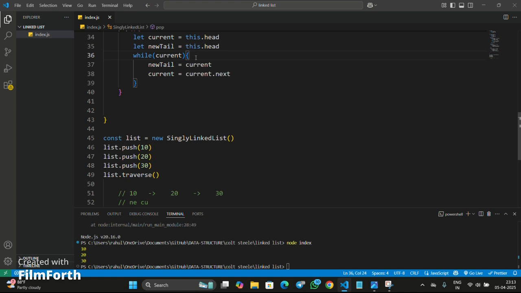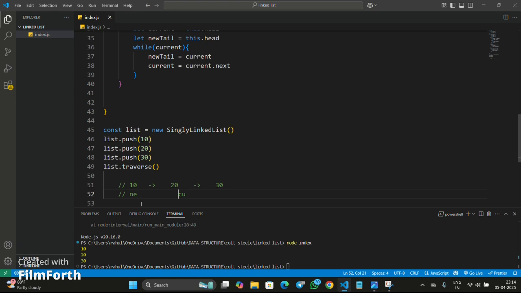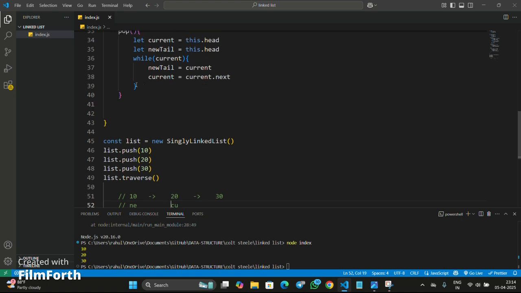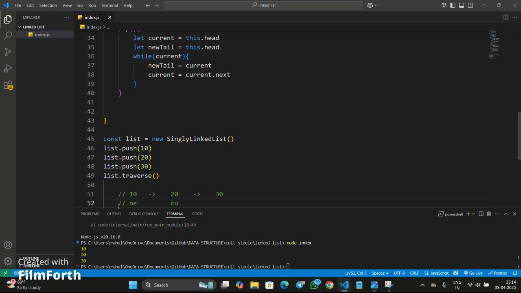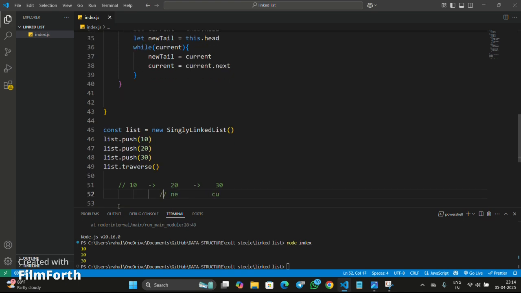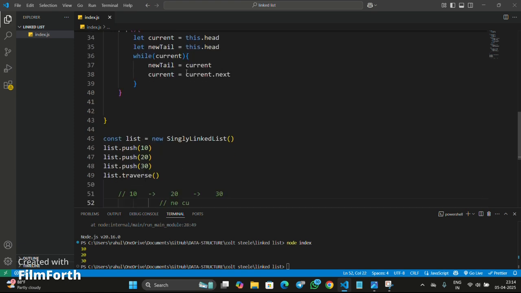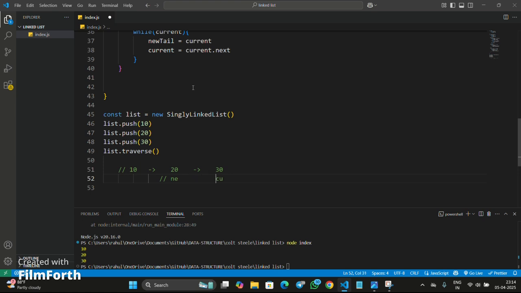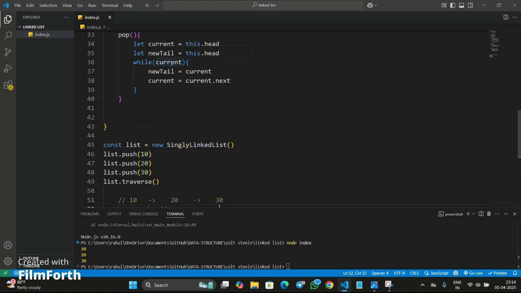And on executing the while loop, the new tail becomes current. That means both are pointing towards the 10, and the current will become current dot next. That means it becomes 20. And on the second iteration, there exists a current, so it enters the loop, and the new tail will become the current. That means new tail will also move to here. Now both point toward 20, and this line, current equal to current dot next, means current will get updated to here, and it again enters this loop,